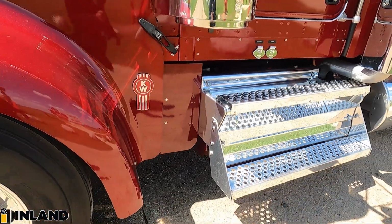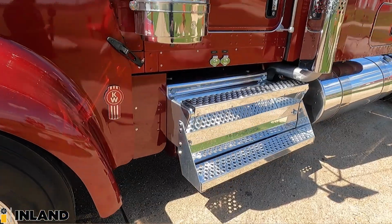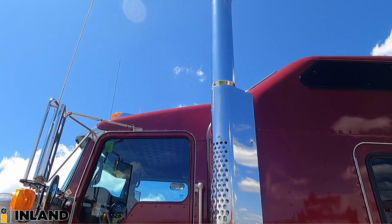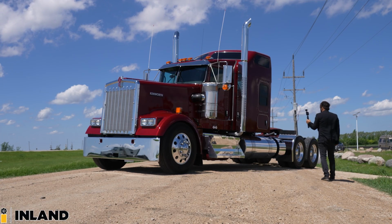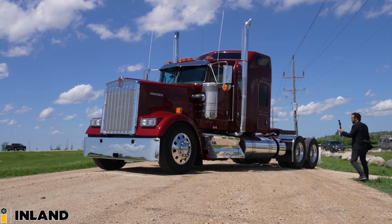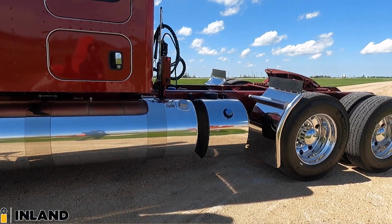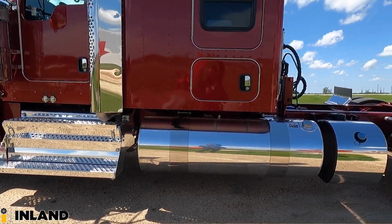We have the aluminum polished battery box with DPF box on the other side, polished end caps, polished fronts. Looks really good. A dual-sided cab exhaust with 54-inch tall, 7-inch wide pipes. We have dual 150s on this truck with the 30-gallon DEF tank mounted in behind. And we did the 7-inch straps with...